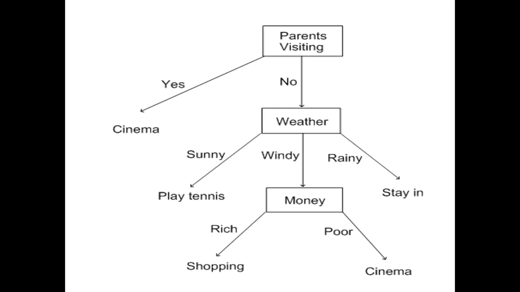So she said, okay, I have two options. This weekend, if my parents are coming, so you see on the left side, there is an arrow here, and it says, when my parents are coming, if they come, then we will go and have some